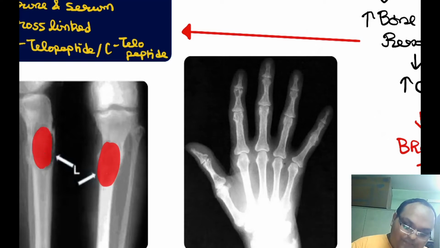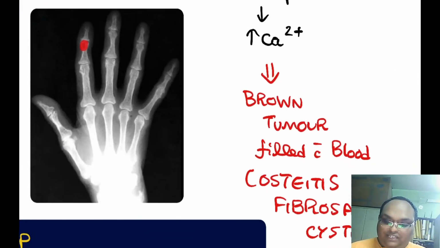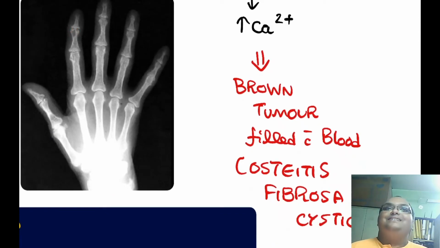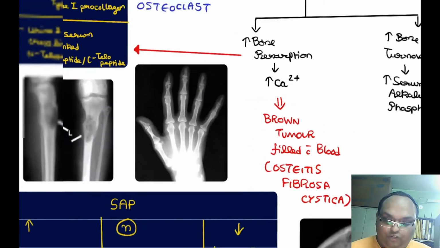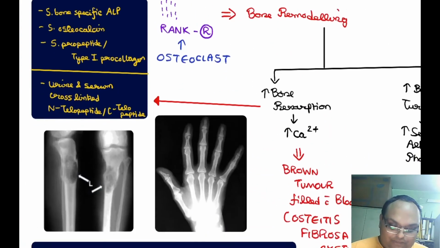What are they known as? One big name, one small name. Big name is osteitis fibrosa cystica. That means the bone gets eroded, gets filled in with fibrous tissue, and basically leaves behind a cyst which gets filled with blood and fibrous tissue. So osteitis fibrosa cystica, and this dried up blood looks brown in color, so it's also known as a brown tumor.